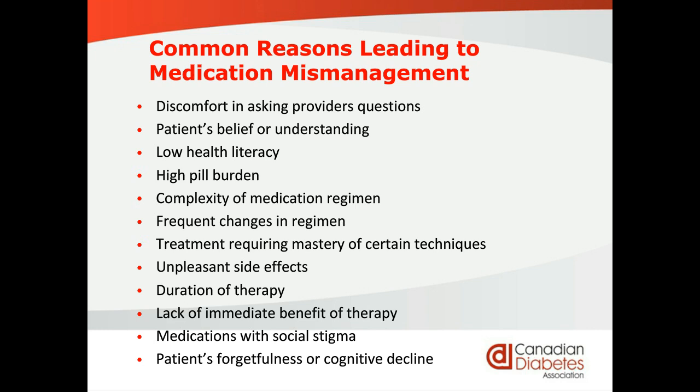When they have to take so many pills at different times of the day, they often get confused and miss some of them. Complexity of medication regimen. Yes, the more complex the regimen is, the more difficult it is for the people to follow, especially in elderly that might have some cognitive impairment. But even think of us as younger adults. If we have to take it multiple times, we likely will forget one or two of those times that we have to take them.